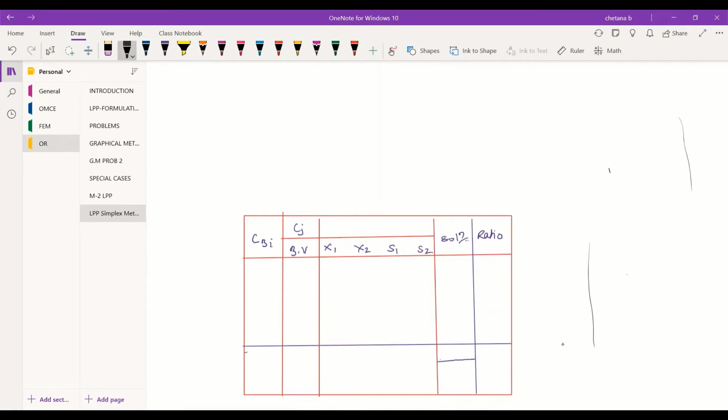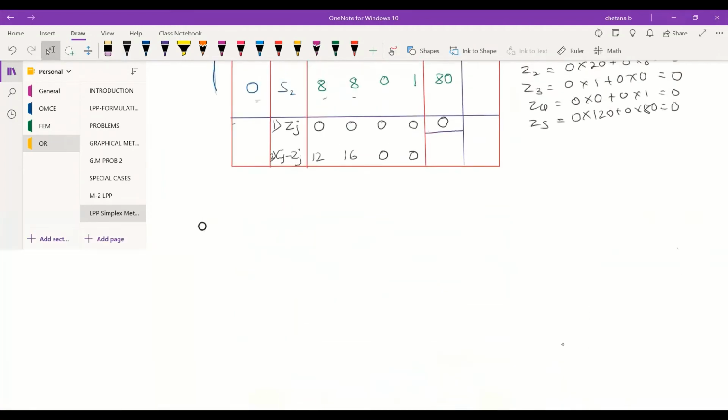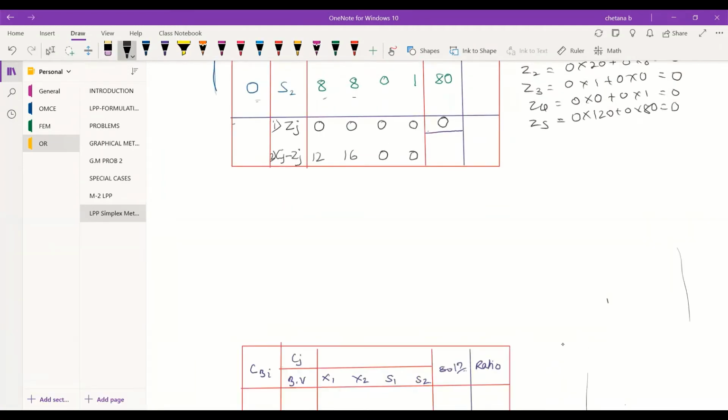Ma'am, whether Cj minus Zj is less than or equal to 0, we should optimize it to be less than or equal to 0. Now you need to check the optimal solution of whatever table we have got. In the Cj minus Zj, you have 12, 16, 0 and 0. You cannot say this is the optimal solution because two are zeros but the other two values are positive.